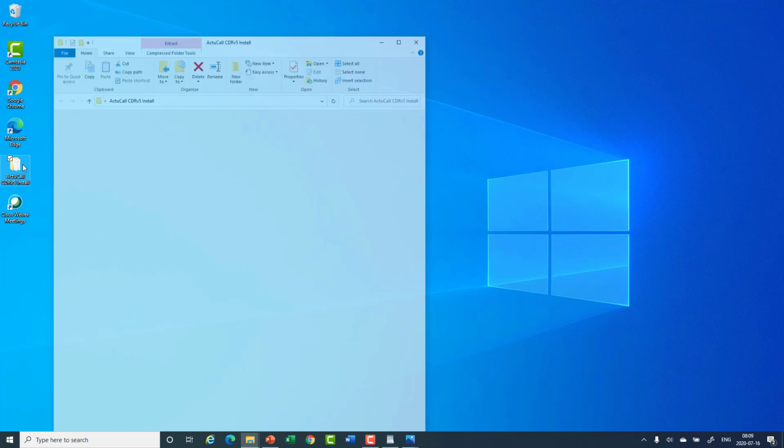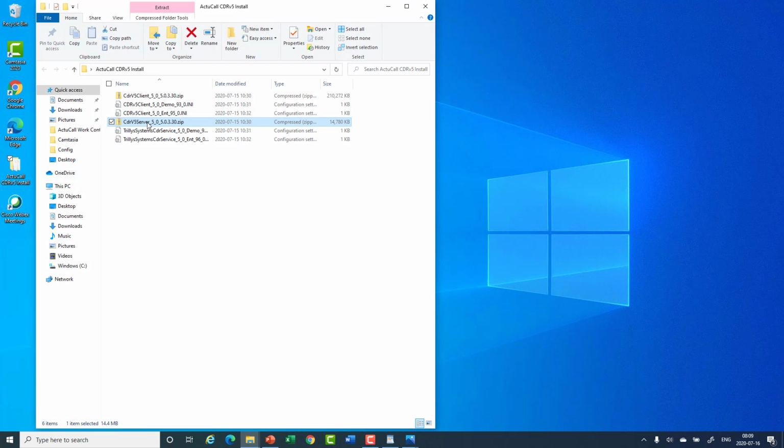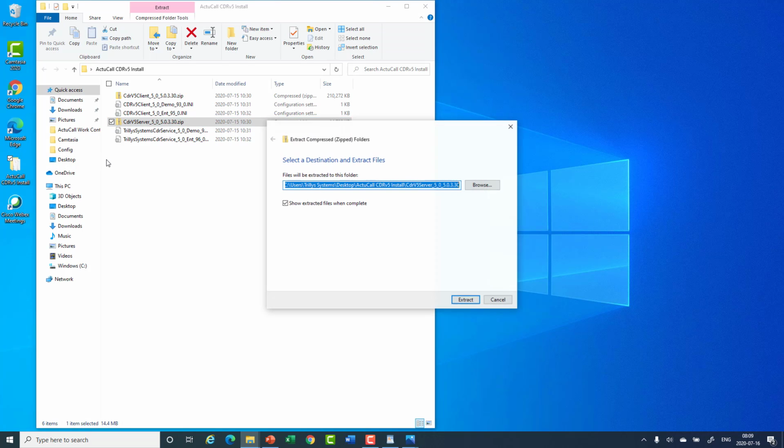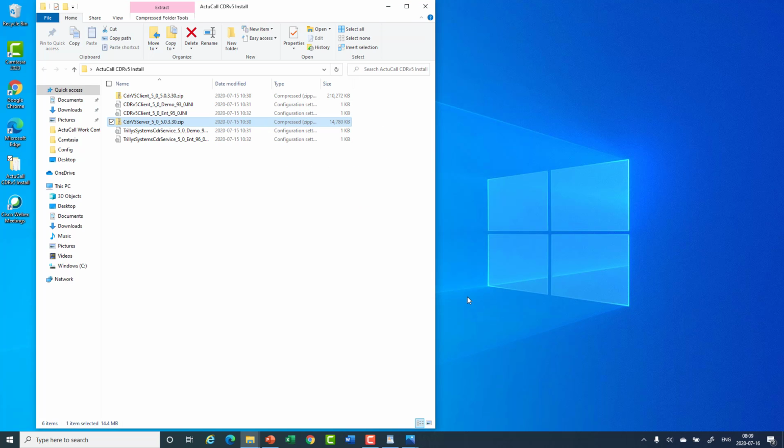Now to start, we're going to locate the .zip file for CDRv5 server that we would have downloaded from Trillis.biz. We're going to extract all, and we can leave it as the default file location that is generated when you click extract all. Once that is extracted,